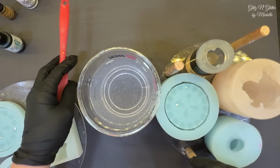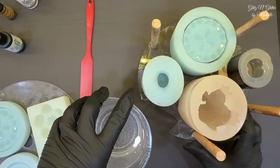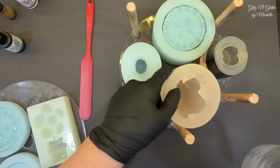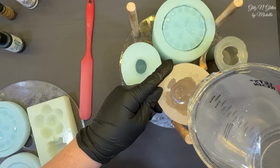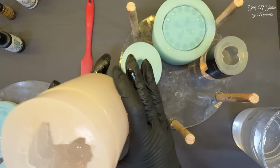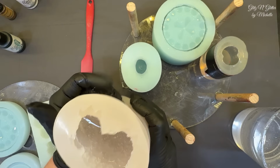Let's do this. I kind of want to know how much these hold, especially this one. And I'm going to pour it first. I've got 24 ounces in here. I don't think there's really any areas for it to get caught in, but I think I'm going to swirl it around to get in those feathers that's everywhere. It's got a beak, of course, in the front. So I'm just going to smash it. And I'm going to just